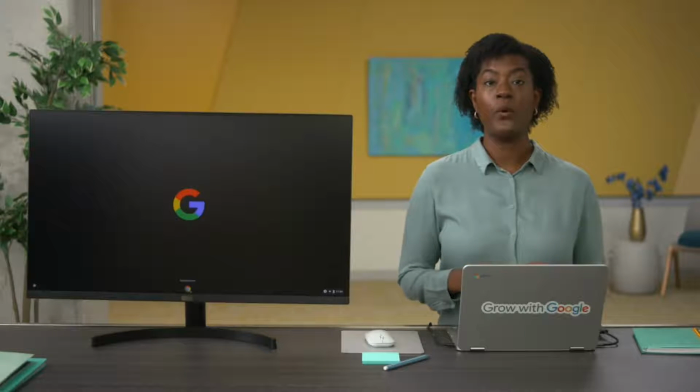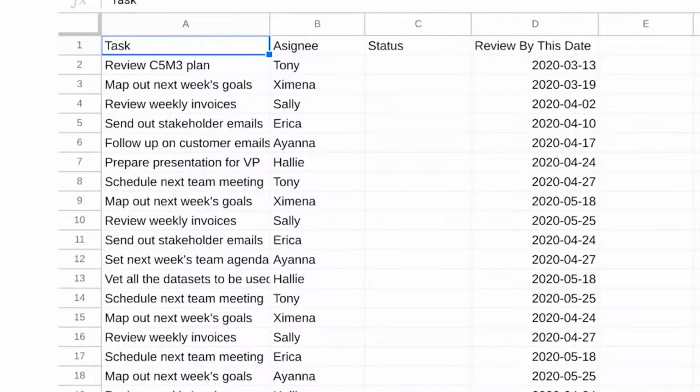For this example, we'll work on a project with a lot of milestones and deadlines to keep track of. Let's say our team has a spreadsheet that tracks everyone's progress. But instead of making everyone write in where they are on their task individually, we can provide a drop-down menu with multiple options like Not Yet Started, In Progress, and Ready.